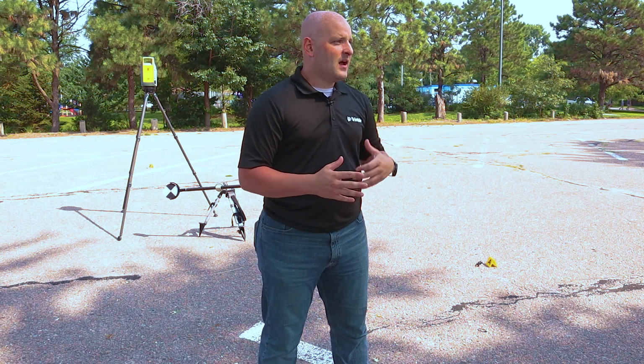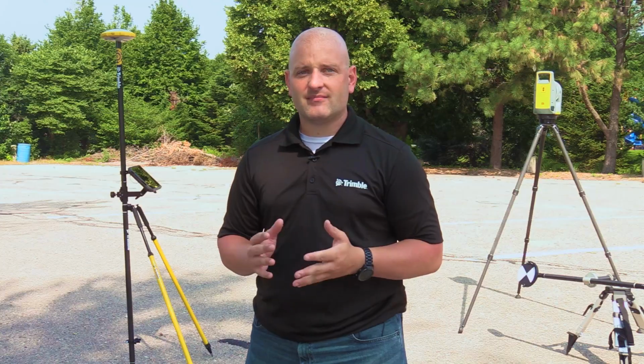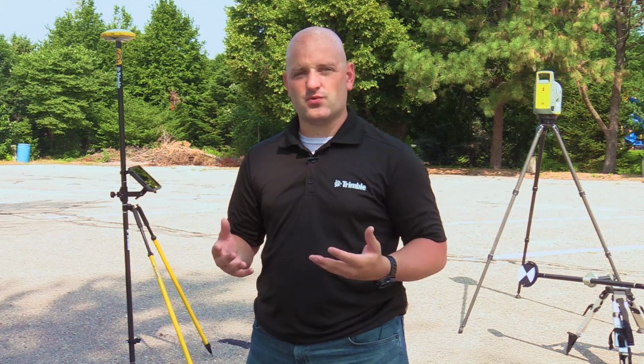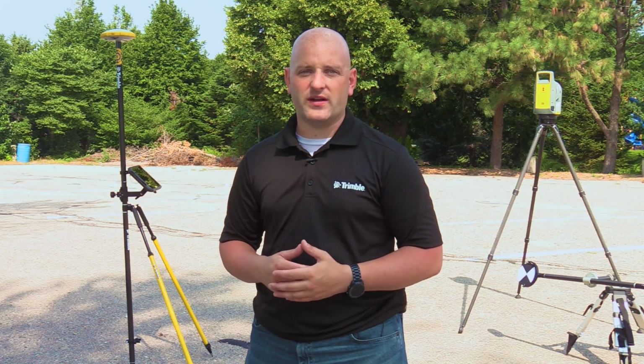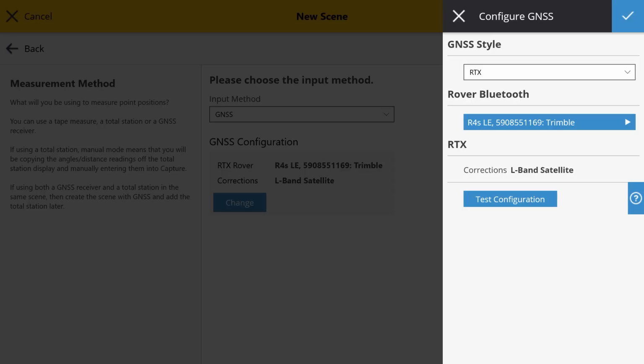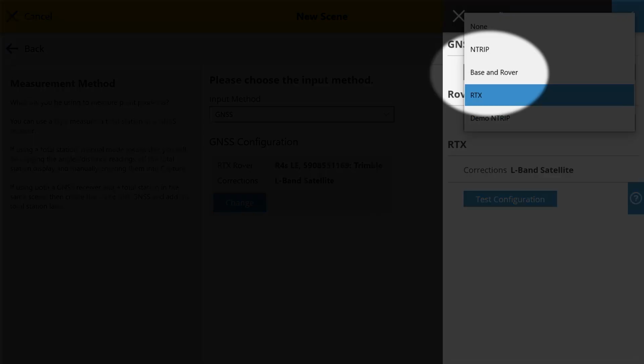Now, we can also georeference our scan data to an optical total station measurement log, using the exact same georeference function. However, the link between the scan data and the surface of the Earth won't be quite as accurate as with GNSS. Now, keep in mind, the georeferencing of laser scans to GNSS points will allow you to put your laser scans on the face of the Earth with a high degree of accuracy, if you are using the N-Trip correction service or Trimble RTX corrections. Now, if you're using a base and rover setup, your scene's exact position on the face of the Earth is not quite as precise. However, if you're using N-Trip or RTX, your scans are georeferenced to a survey grade level of accuracy.